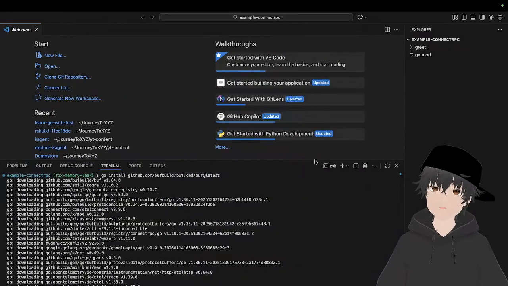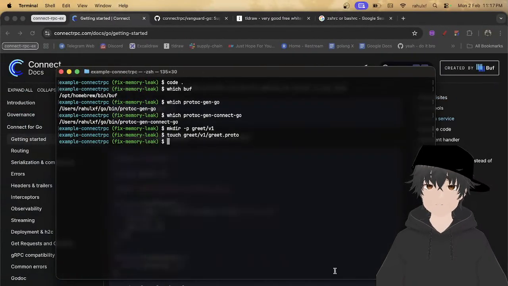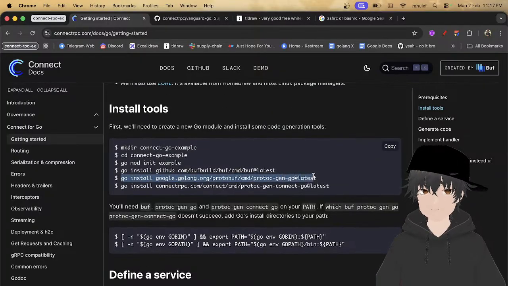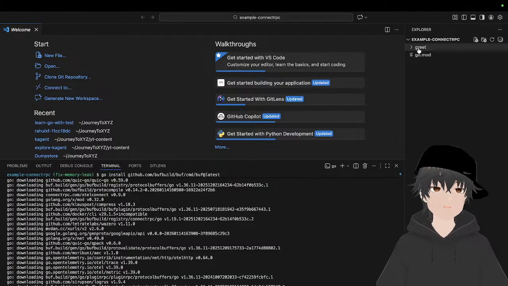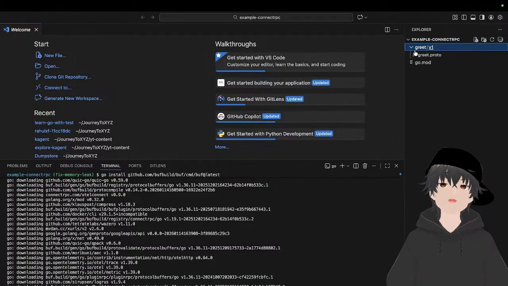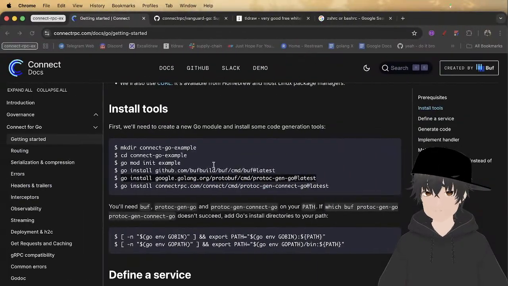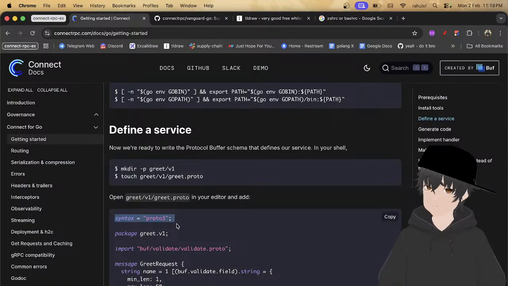You can see it's getting installed. Inside greet v1 and then greet.proto, we will be using the syntax proto3.